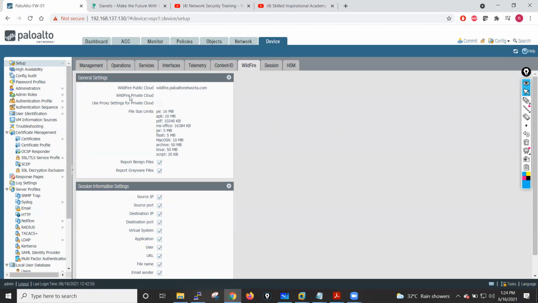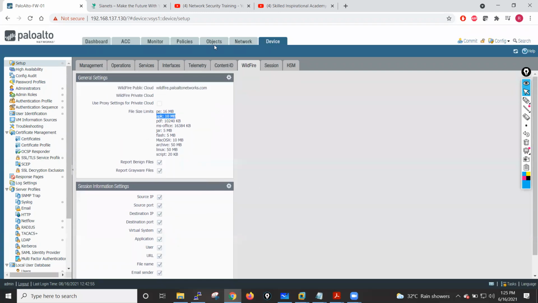If you have a private cloud, you can give the IP address of your WF-500 device. These are the limits of the file. If the file type is PDF, then the limit is 10240 KB. If the file type is APK, then the file size is 10 MB. So these kinds of limits are there.